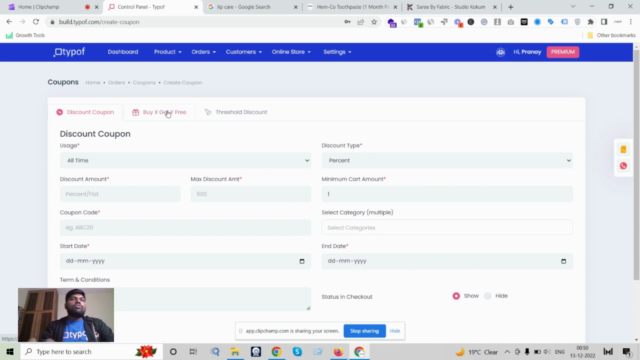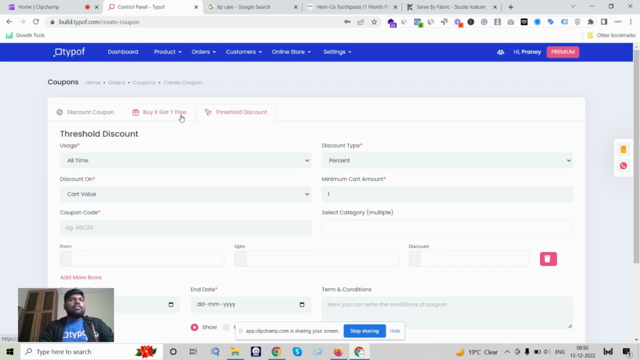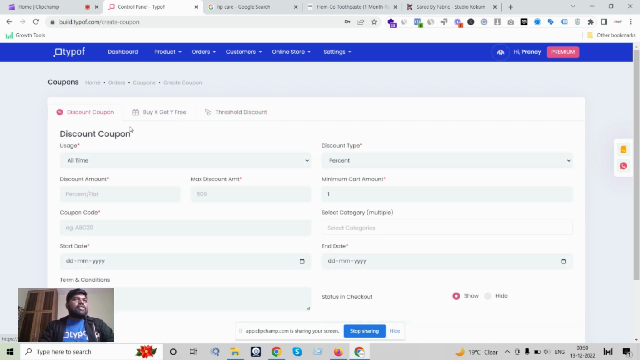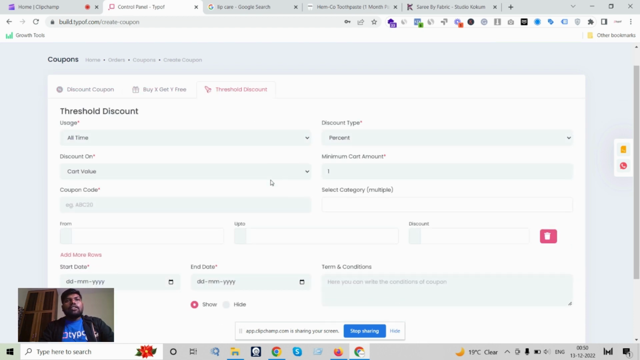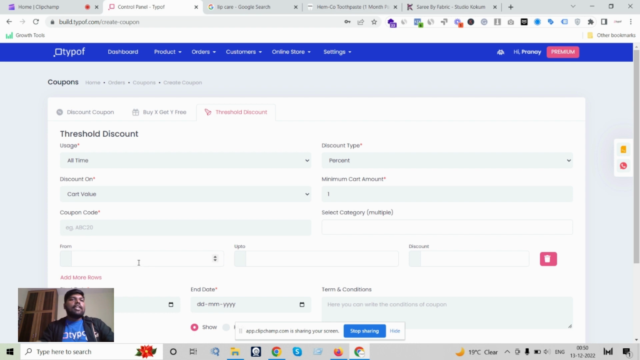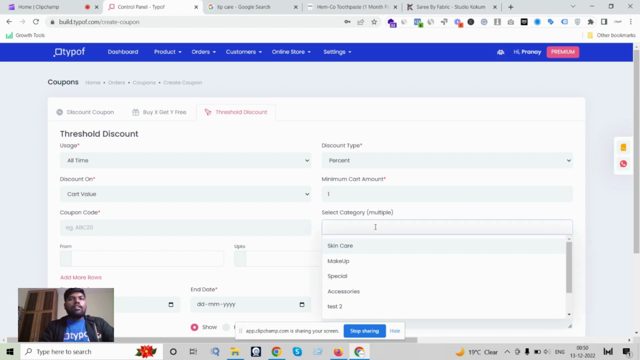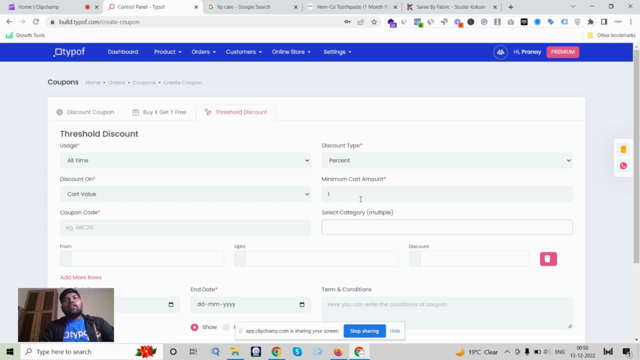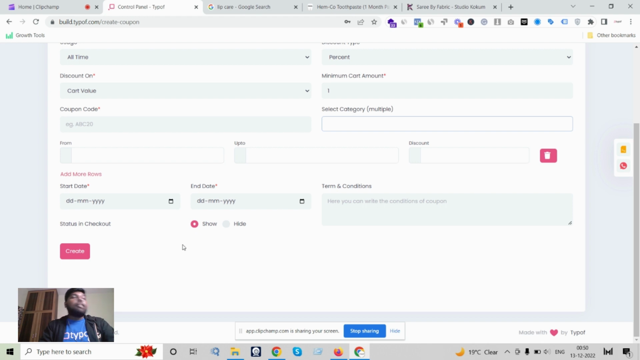Now we have three use cases: buy one get one free, normal discount coupon, and a threshold coupon. There are a lot of conditions you can apply on the threshold coupon, which makes it really advanced, like from this up to this. That means you are putting a threshold on a particular discount level, a minimum cart amount. And the best thing that I found is, do you want these coupons to be displayed on the